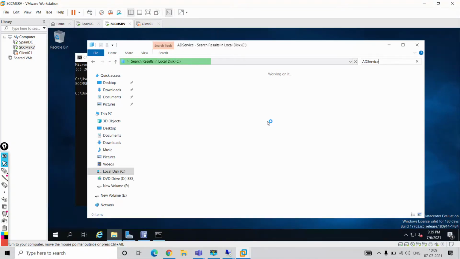Let's wait. I also forgot. It should be in the C drive only, because in previous versions, before 2004 came, it used to be there only.